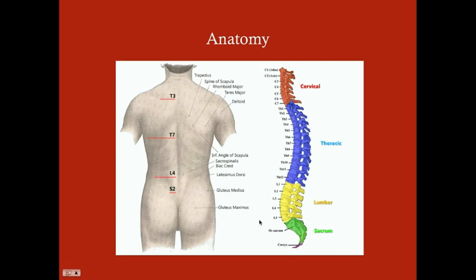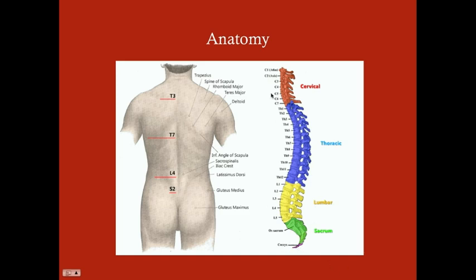This is the spine as a whole. So there are 7 cervical vertebrae, 12 thoracic vertebrae, 5 lumbar vertebrae, and then there are 5 fused sacral vertebrae and 4 coccygeal vertebrae, which are also fused. The sacral vertebrae are collectively generally referred to as the sacrum, and same with the coccygeal vertebrae, referred to as